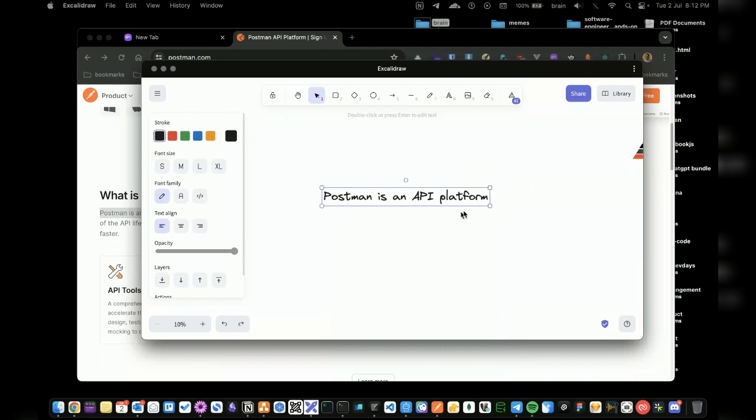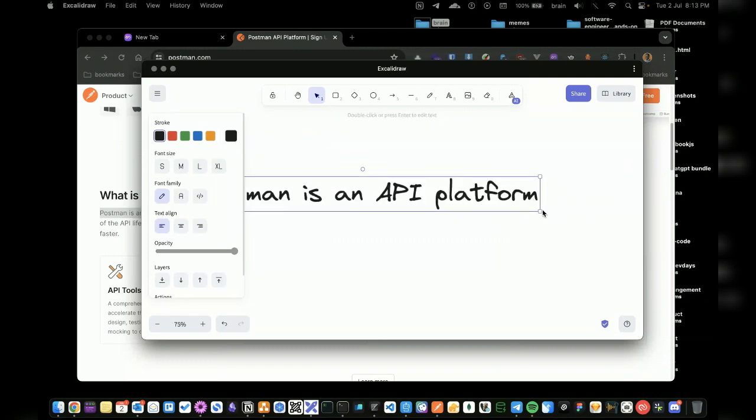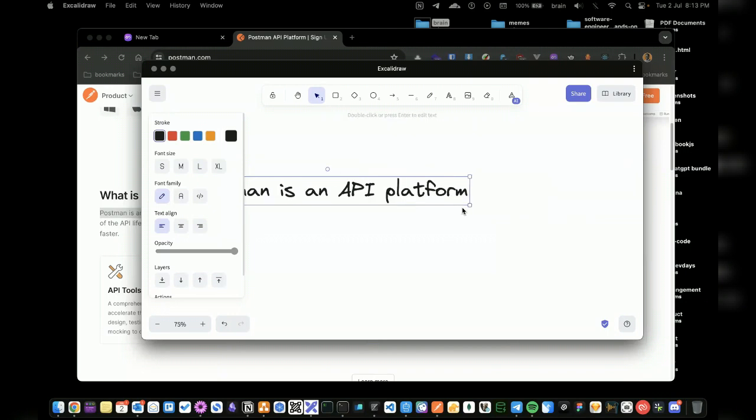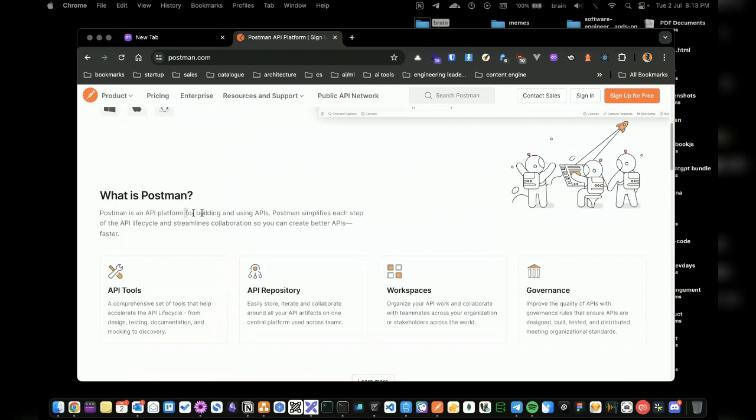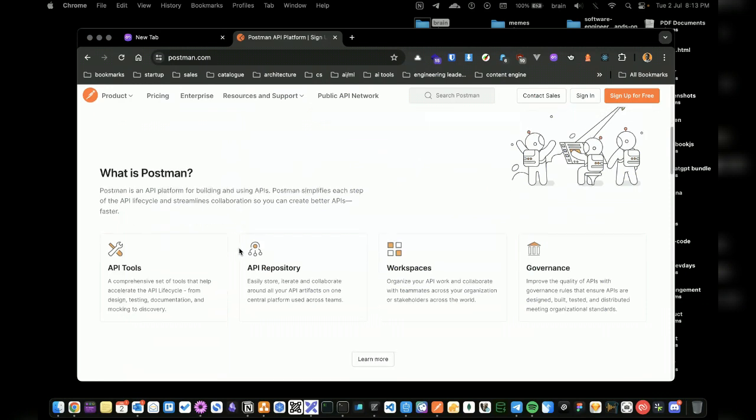We'll discuss all that in a bit. Let me zoom in so this is very clear. It's an API platform for building and using APIs, and Postman simplifies each step of the API lifecycle and streamlines collaboration, so you can create better APIs faster.